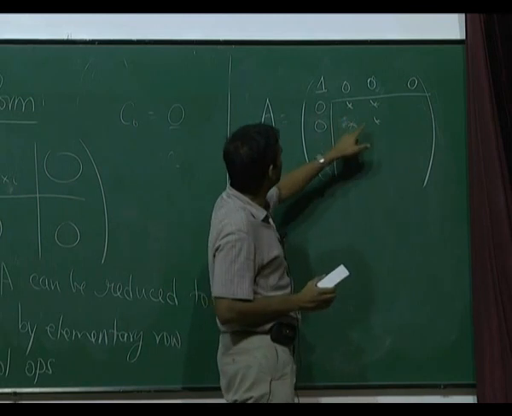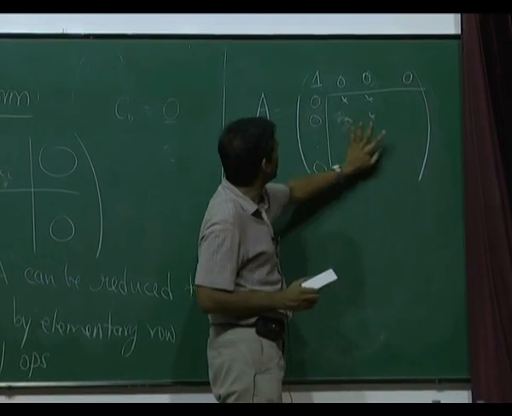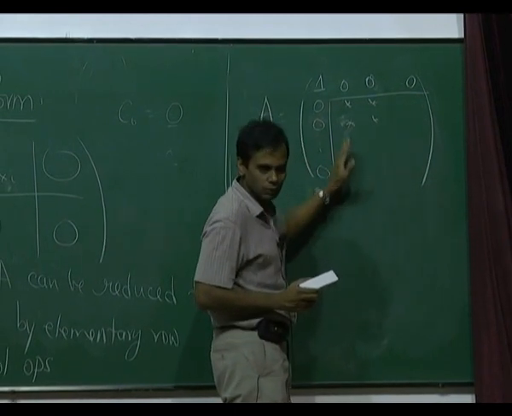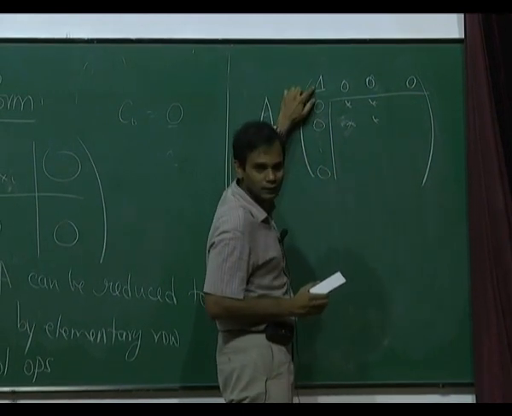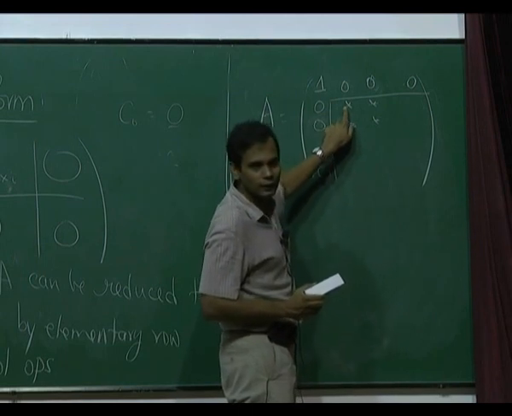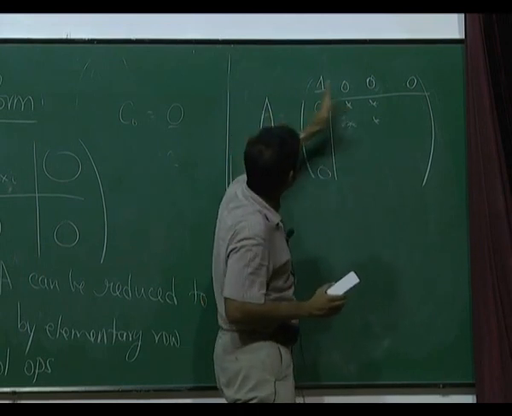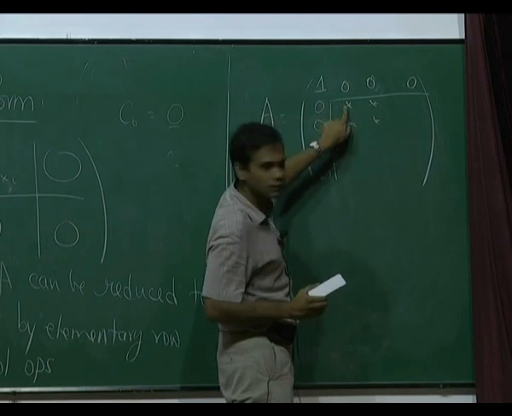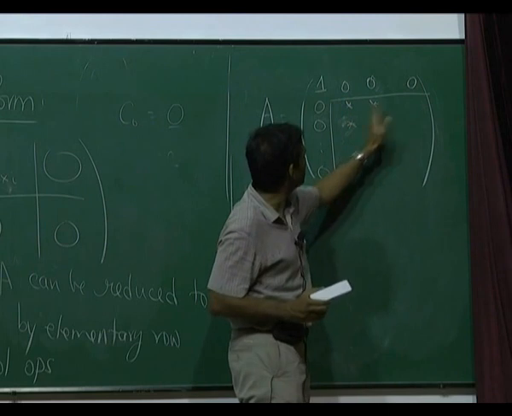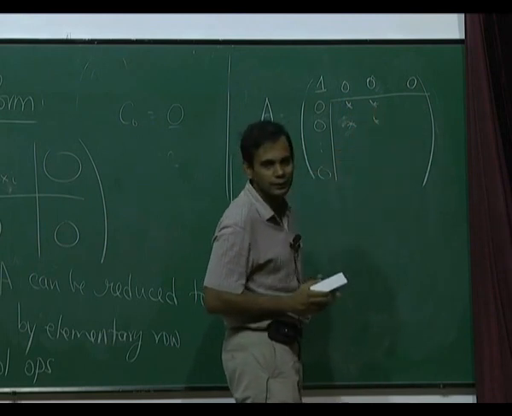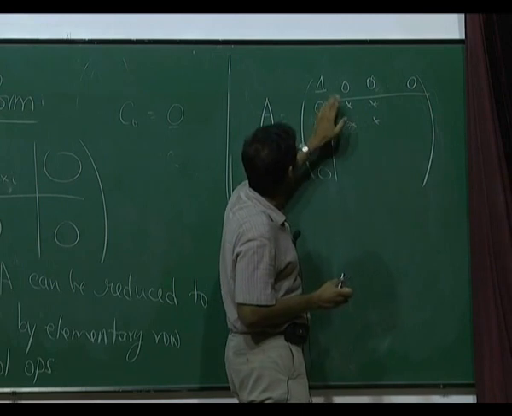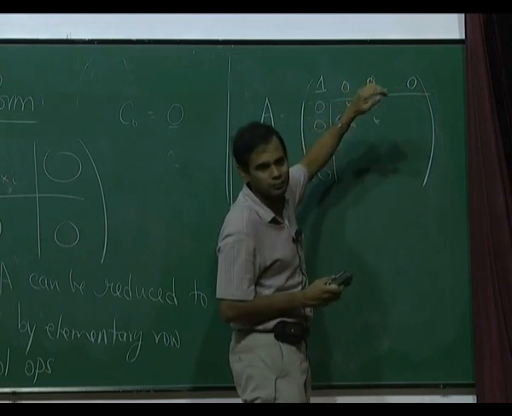Otherwise, you find some non-zero entry here, and by interchanging only among these rows and these columns, you won't be moving this 1, right? You can bring a non-zero entry here. Then by scaling the second row or second column, you can make this 1 again. And then by subtracting multiples of this column from the other columns, you can get zeros here again. And none of those operations, you must note, will disturb the first row or the first column.